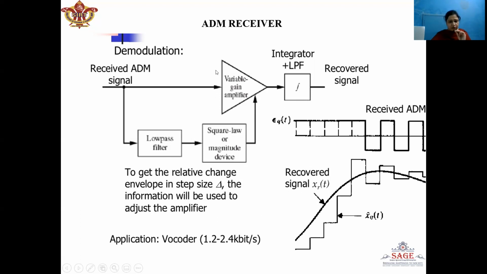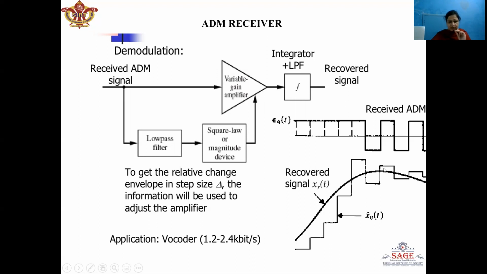So the gain control input of the variable gain amplifier will be high, and the signal, whatever is being given to the amplifier, will be amplified by a larger amount, and we will get a larger signal here. So here we can see that the step size will increase and we will get a larger approximated signal. So now, according to this feedback loop in the receiver circuit, we will get the approximated signal like this.